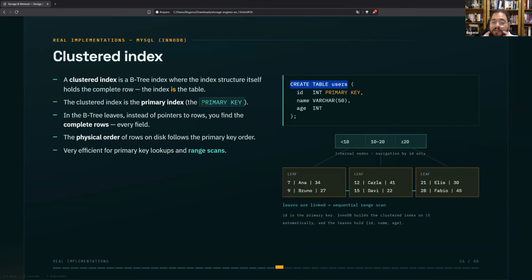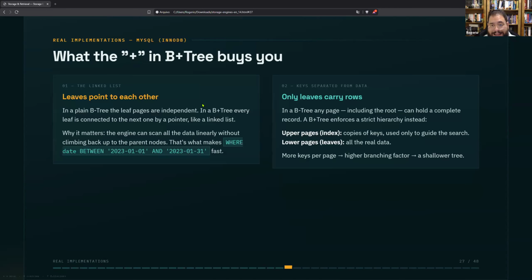And this implementation is very efficient for primary key lookups and range scans, because of course you can have secondary indexes, but for primary indexes, it's pretty good in lookups and range scans. Here we have a difference, because if you study this subject, you will face a term called the B+tree.